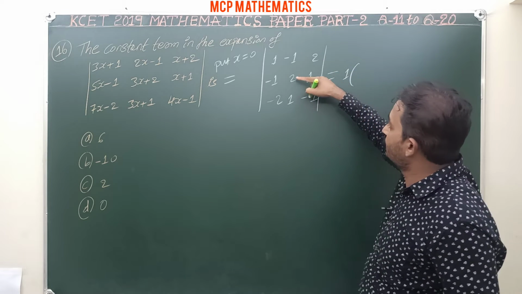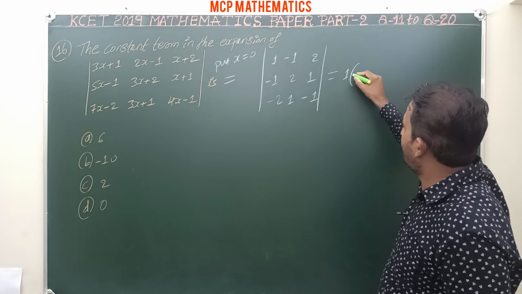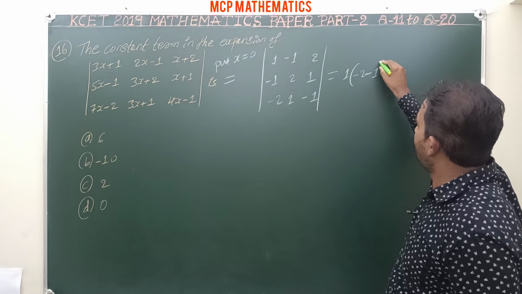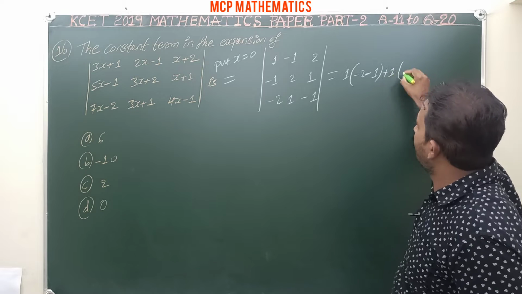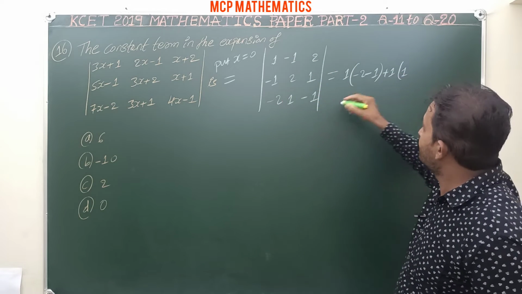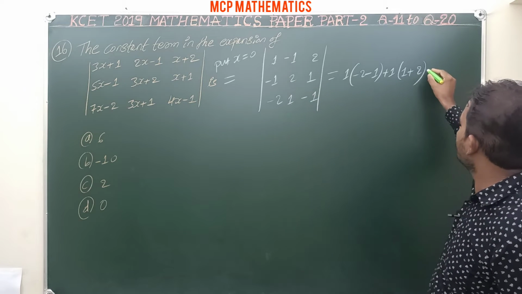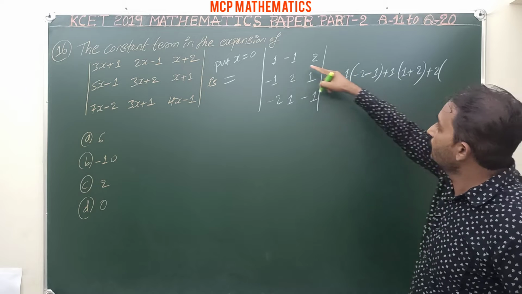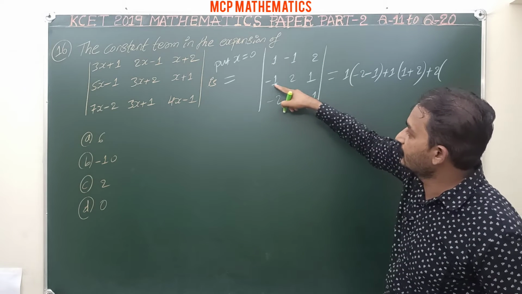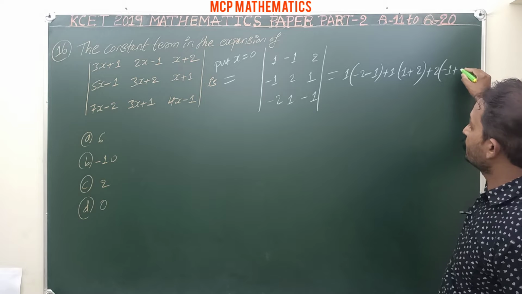So expansion along the first row: 1 into minus 2, minus 1, plus 1, delete first row, second column, plus 3, plus 2, sorry, plus 2. Next, last point, 2, delete first row, third column, remaining 2 cross 2 determinant, minus 1, plus 4, 2 2s